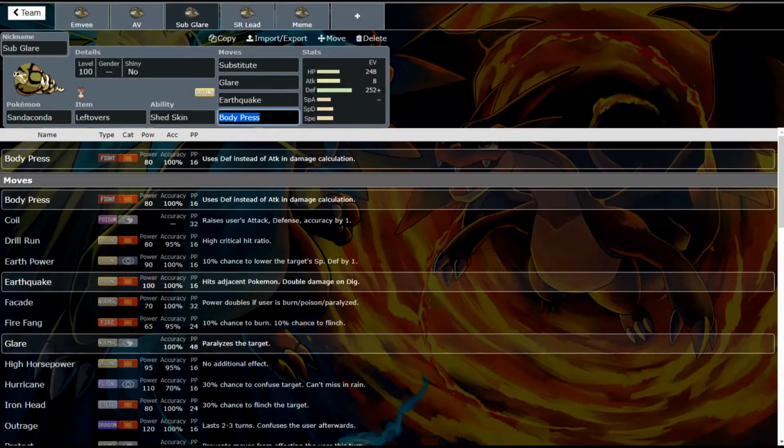So let's look at this set. This is a sub glare set. This is calling back to its previous snake buddy, Superior. Superior used to run a glare set as well, and so why not run it on Sandaconda? Again, Shed Skin for being able to shake off status, which is really, really good on a mon that is